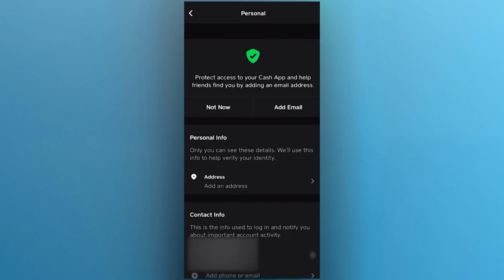So you'll have to provide Cash App with your full name, date of birth, social security number, that is the last 4 digits, and in some cases, additional documents like a government issued ID may be required. Now, you'll have to also submit your photo ID if required. So take a clear picture of your driver's license or ID, ensure that the photo is well lit and all